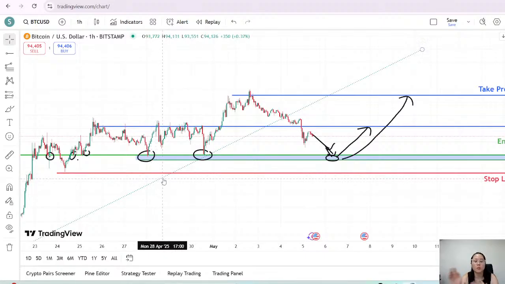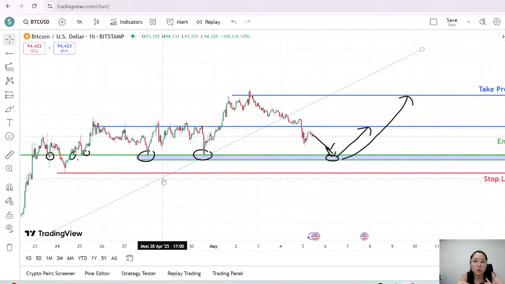The risk to reward needs to make sense. You are risking $1 to make $4, or risking $1 to make $2. Anytime a trade is not at least 1 to 2, do not take it. Do not take the trade if it's 1-to-1, because then you will need to win more trades. If you do 1-to-1, that means out of 10 trades, you need to win 6 to be profitable. You know what I mean?